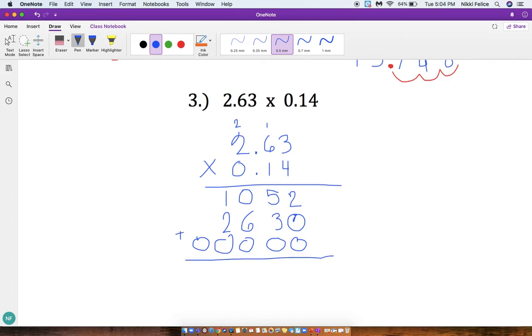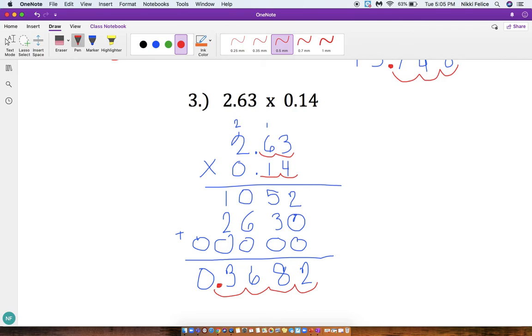Let's add. This is going to be 2, 8, 6, 3. And you can bring down the 0 if you want, but you don't need it. Now let's count up how many times you need to move over the decimal point. I see 1, 2, 3, 4 digits that come after a decimal point. So we're going to start at the right and go to the left 1, 2, 3, 4 times. Our answer is